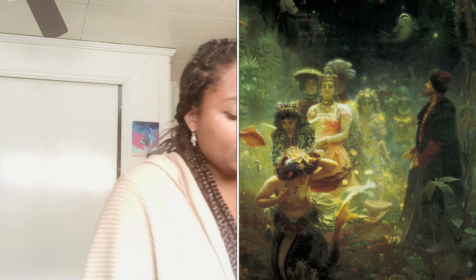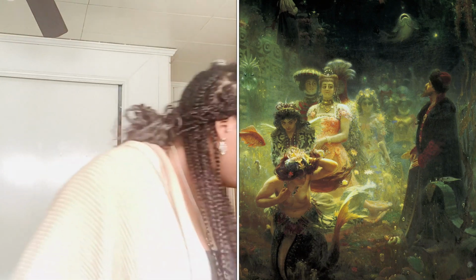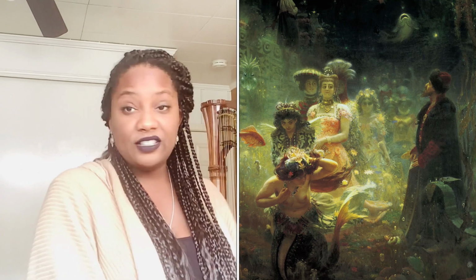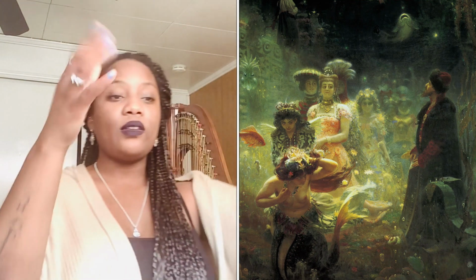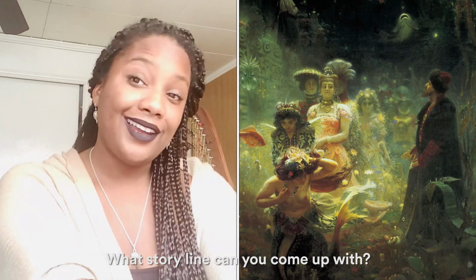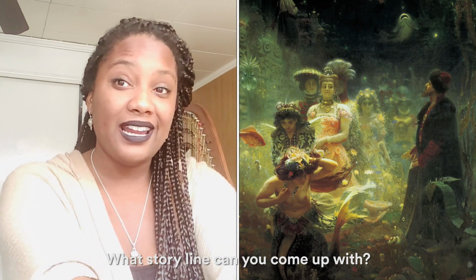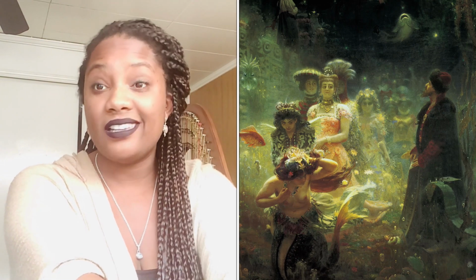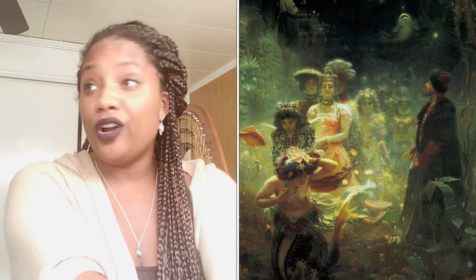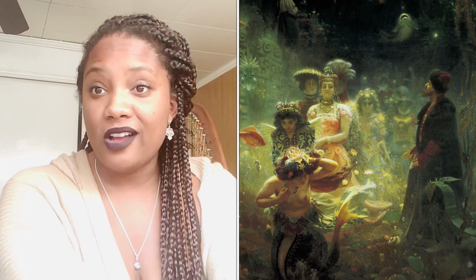And so I love using my Korg keyboard here. It just has a lot of different sounds in it. So without even knowing the story, just looking at this painting, what kind of storyline can you come up with for yourself, right? Because obviously there's the way that the artist intended the work to be processed, and then there's the way that the viewer is going to process the work, and those don't always match up, but it's all